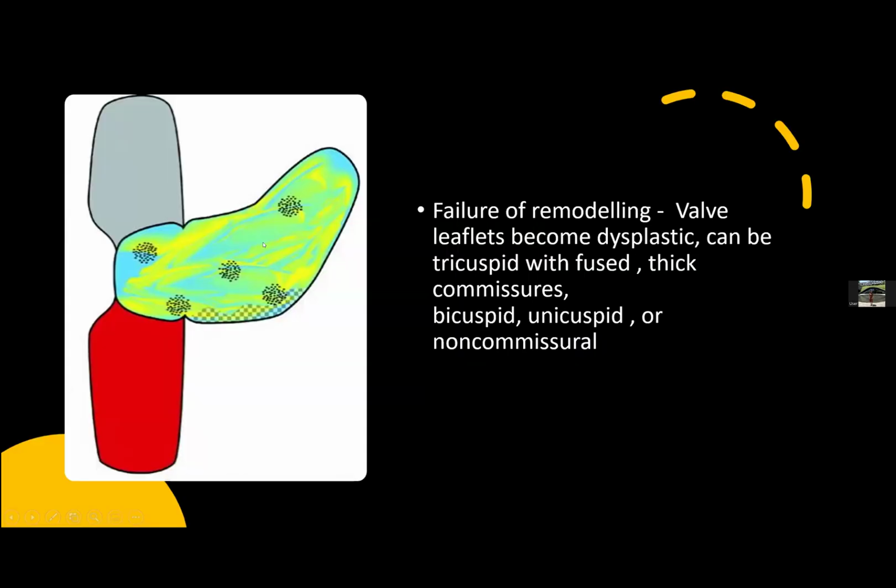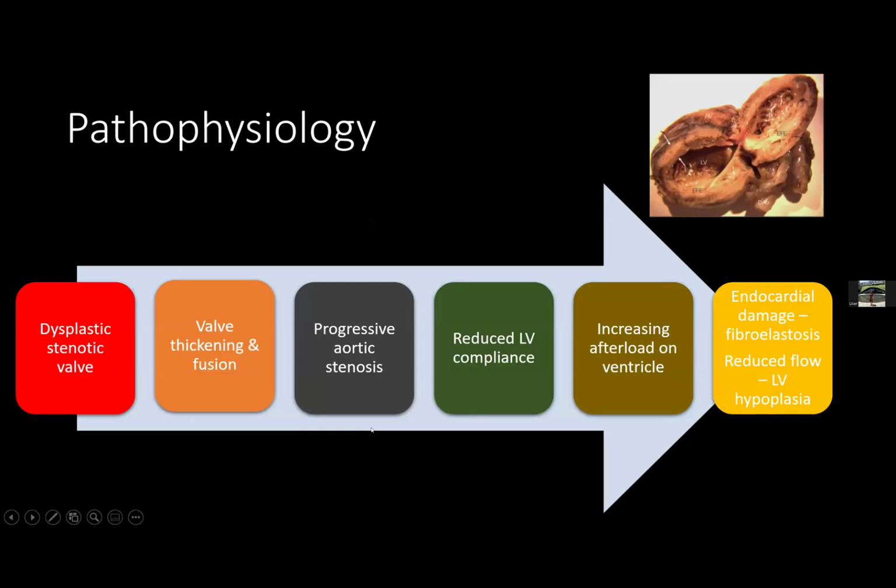When there is failure of remodeling, the valve leaflets become dysplastic, and can be tricuspid with fused thick commissures, or bicuspid, or unicuspid, or non-commissural. The underlying pathology begins with the dysplastic